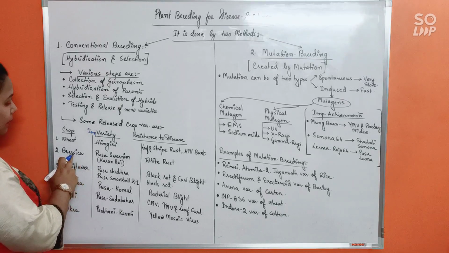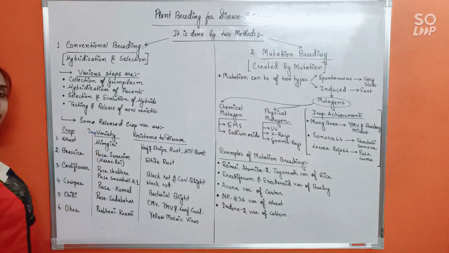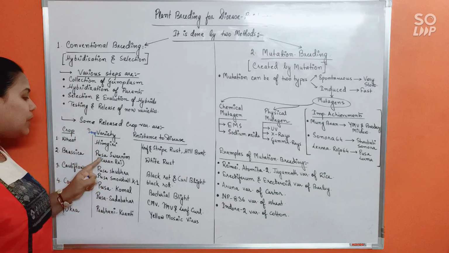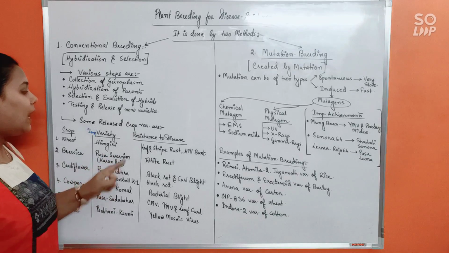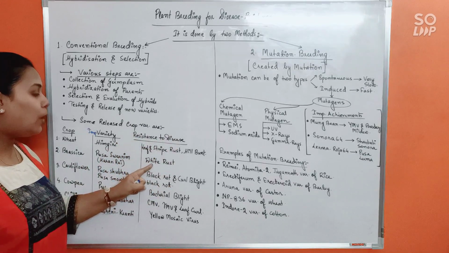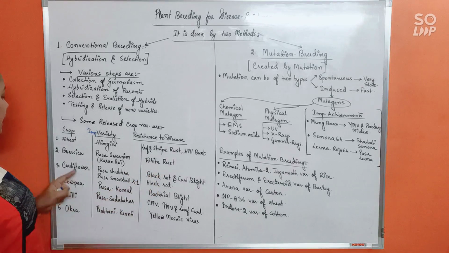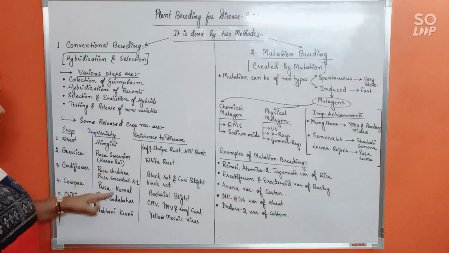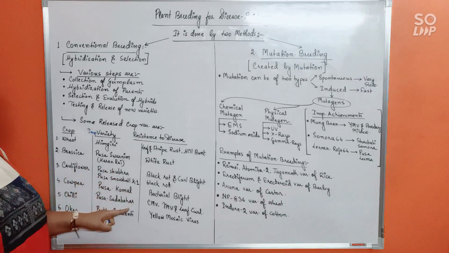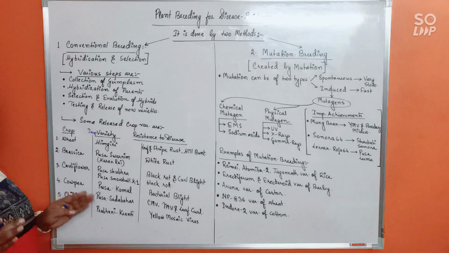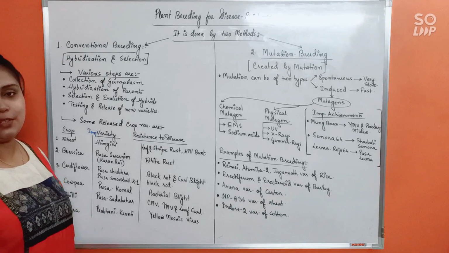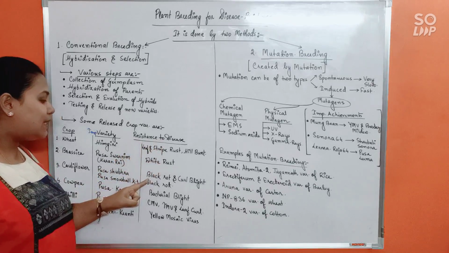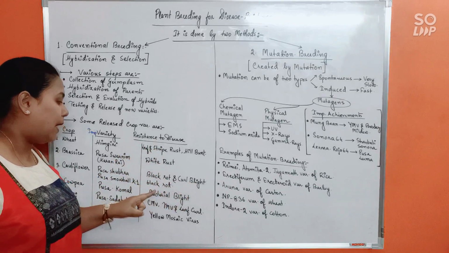Next, Brassica. The improved variety for Brassica produced by conventional breeding is Pusa Swarnim or Karan Rai, and it is resistant to the disease white rust. Next is cauliflower. The improved varieties are Pusa Shubhra and Pusa Snowball K1. I know the examples are very interesting, and that should make them easier to remember. It is resistant to the disease black rot and curl blight black rot.